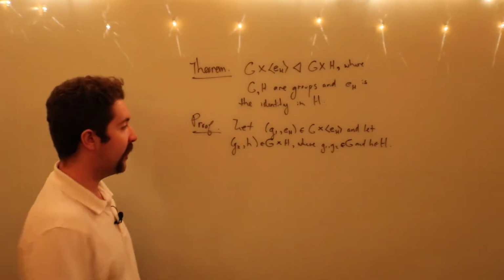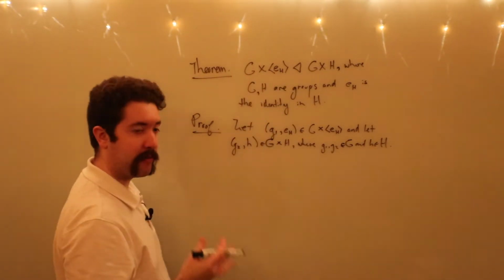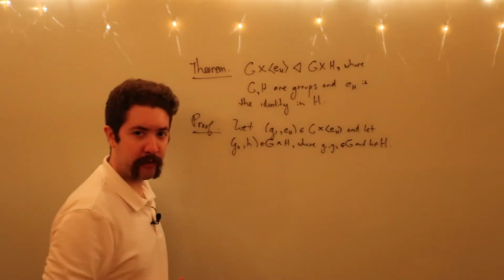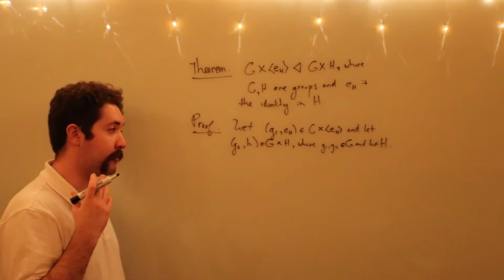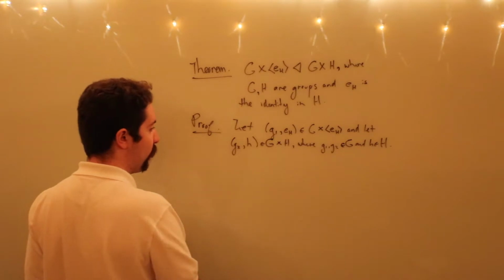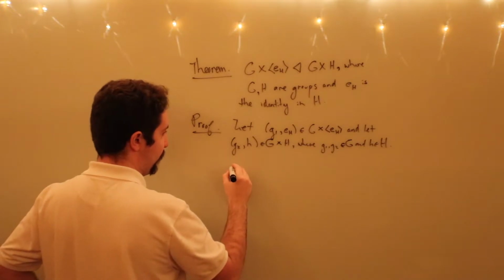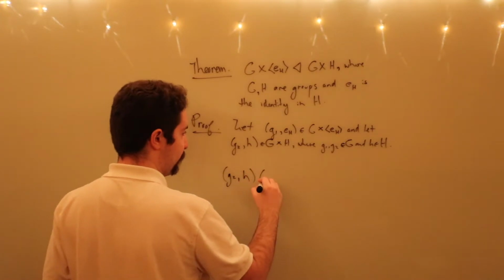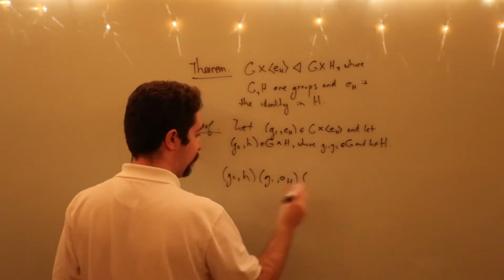All right, so we're going to let the pair g1 and the identity of H be an arbitrary element in this group, and likewise g2, h be an arbitrary element of this direct product group, where g1, g2 are elements of the group G, and h is obviously an element of the group H. Now what we're going to do here is just very simple. We're going to use the definition of normal subgroup again. These are all arbitrary elements, and we're going to take this element, g2, h, times this element, g1, identity in H, times this element again, inverse, right? So